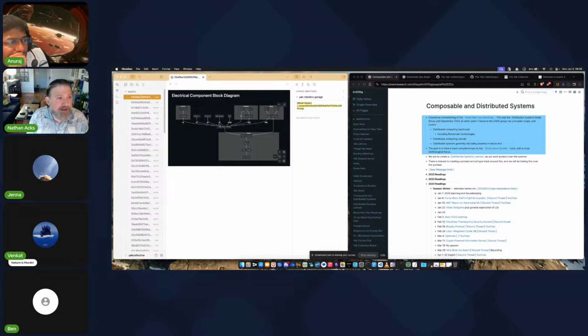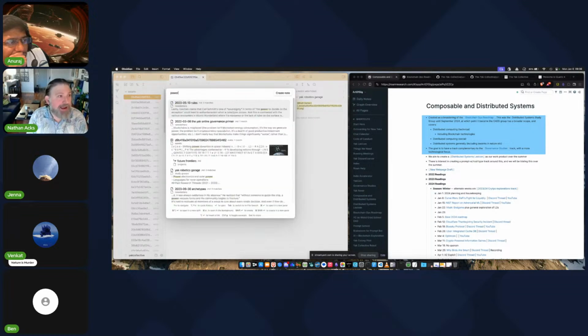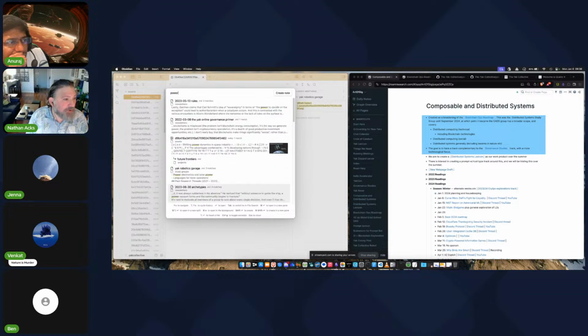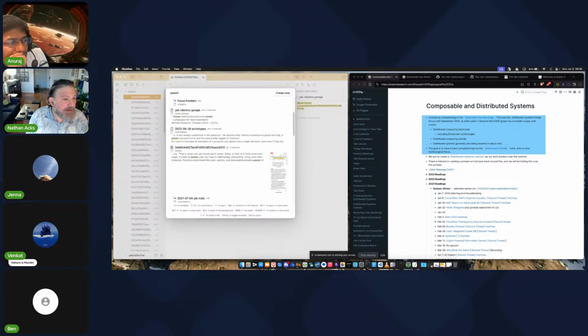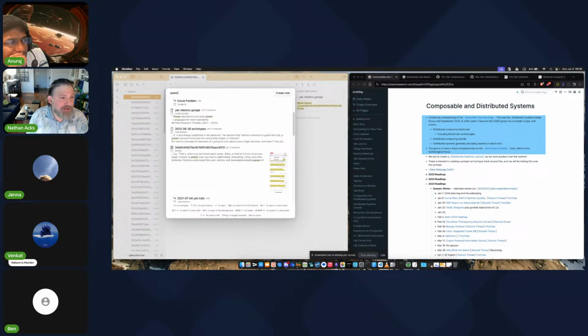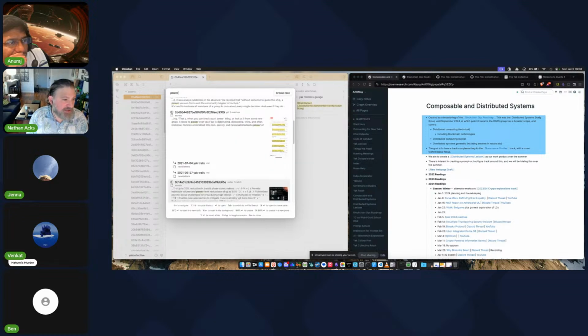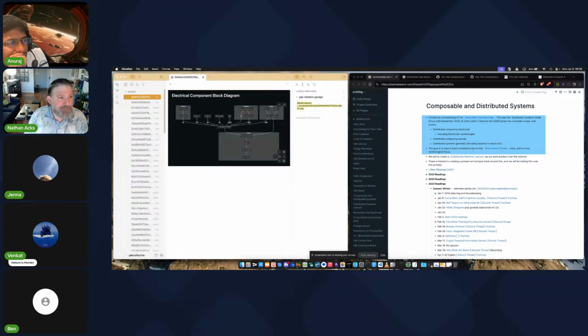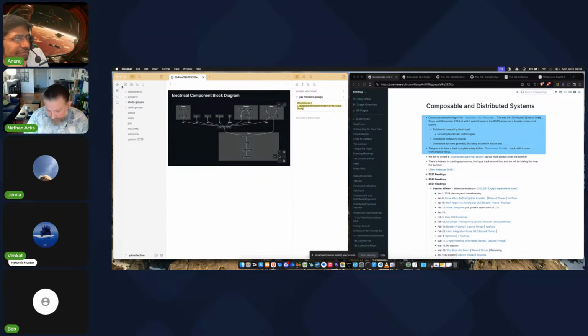I'd be curious if I go and search for power, see if it actually pulls up that one. Looks like it didn't find that one, but you'll see it's actually matching some images here that it pulled it from. This isn't the best ever text extraction, but it is all client side.